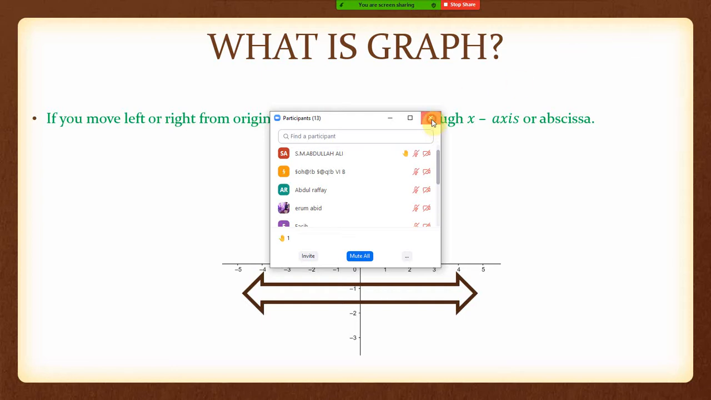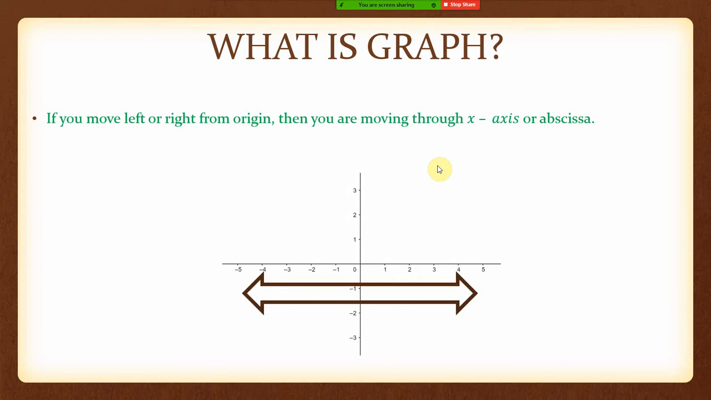Okay guys, if you are moving left or right from the origin, then basically you are moving through x-axis, and the other name for this x-axis is abscissa. Kindly write it down or take the screenshot of this. Next,